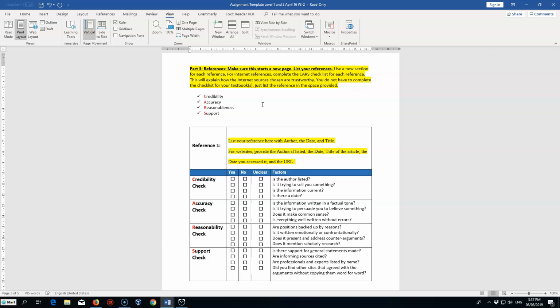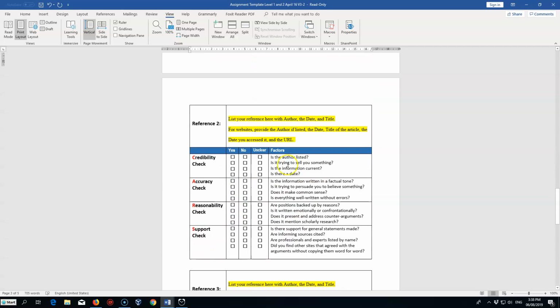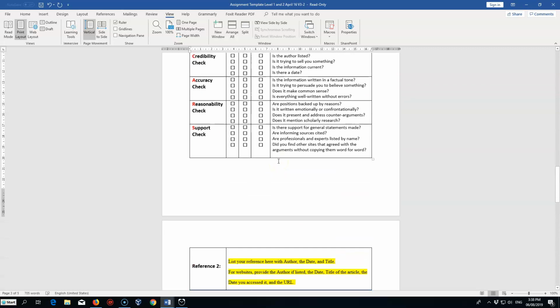Use a new section for each reference. For each internet reference, complete the CARS checklist. This will explain how the internet sources chosen are trustworthy. You do not have to complete the checklist for your textbook. Just list the references in the space provided. All right. Easy enough. Okay, so let's close this out